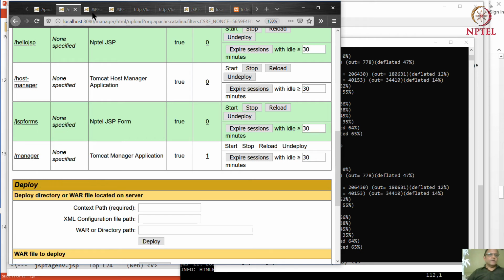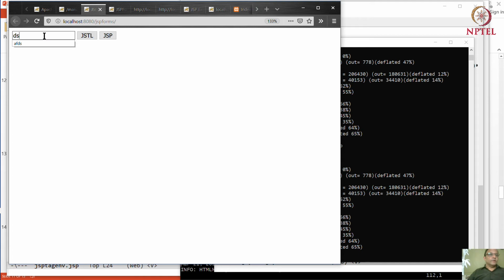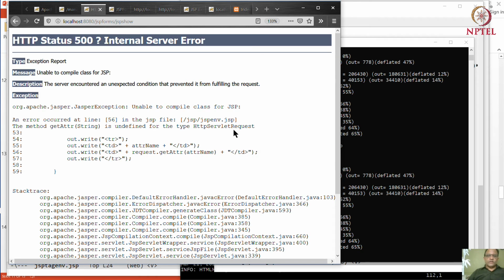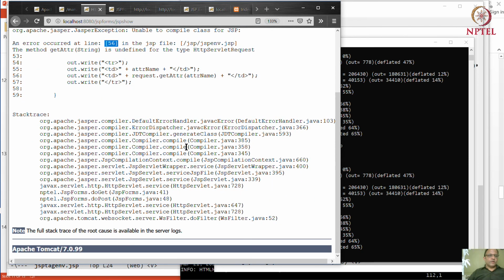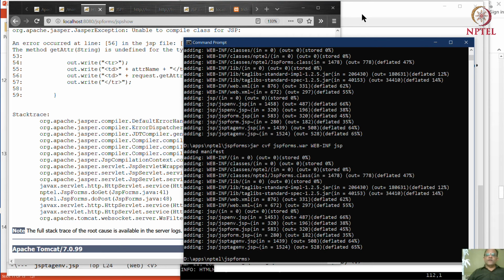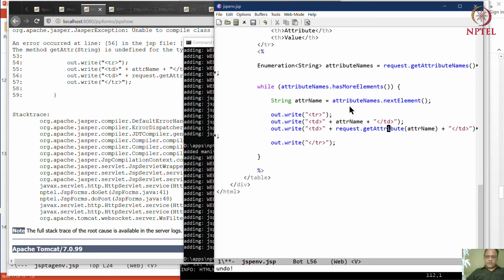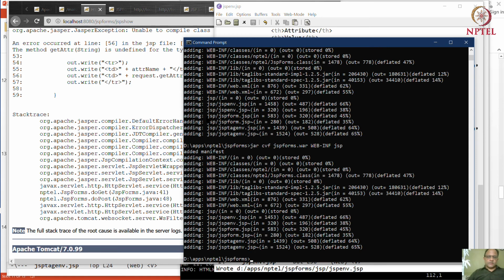So we have this. It works because so far we haven't encountered that particular problem, but as soon as we do this one, we get: the method get_attr string is undefined for the HTTP request, and here we have get_attr. So not bad, pretty good error message, all things considered. The stack trace and the error message are all nicely separated from each other. So those are the two kinds of errors which you will find from time to time, and now we can fix it.